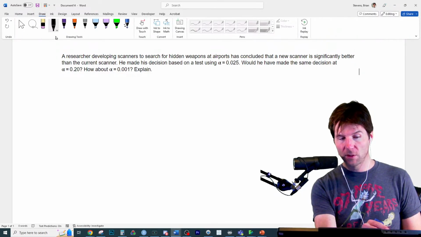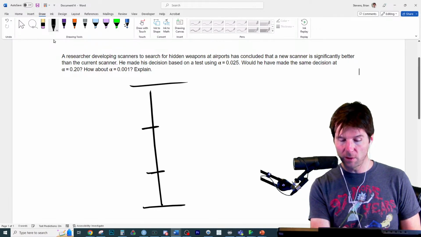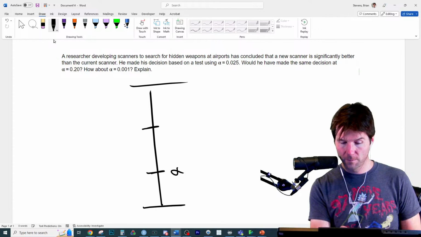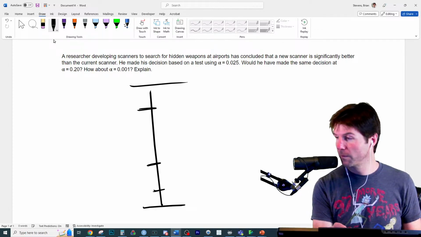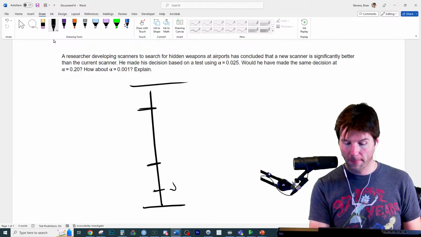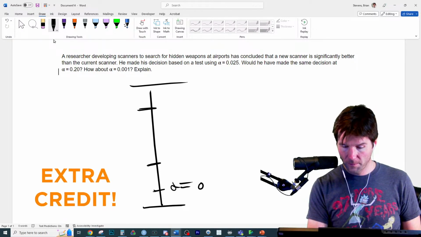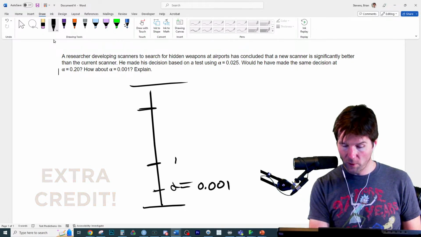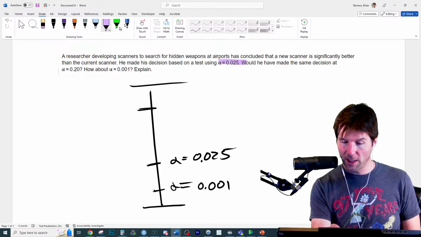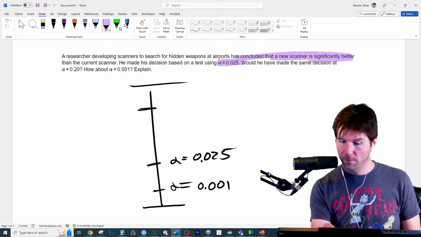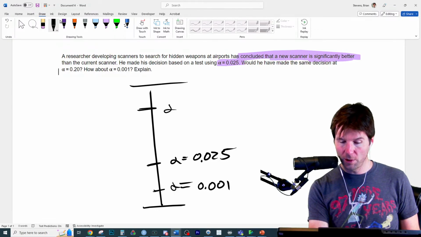He found evidence, right? So if he found evidence, what did he do to the null? He rejected the null, right? Great job. Awesome job, Josh and everyone. He rejected the null, right? So we know right now the p-value has to be what? So you're saying he found evidence here. So you know right now what? What do you know right now?